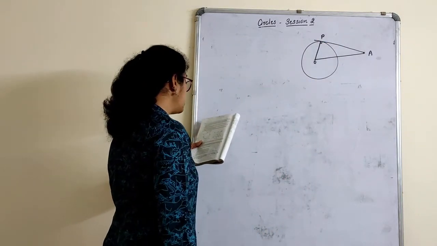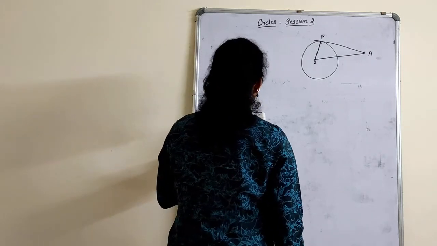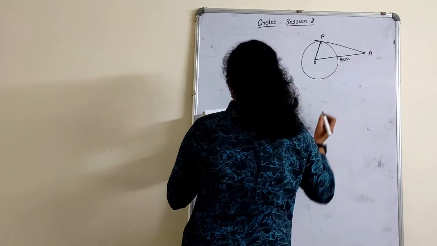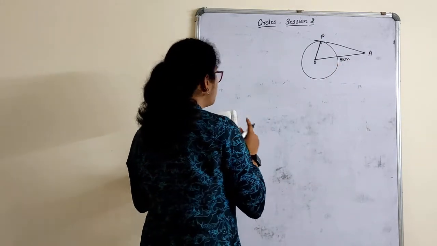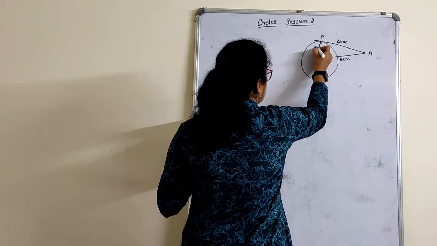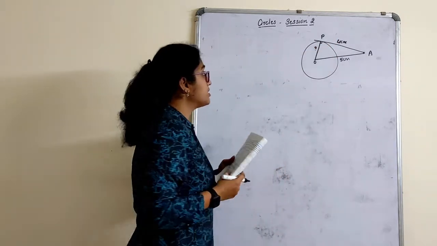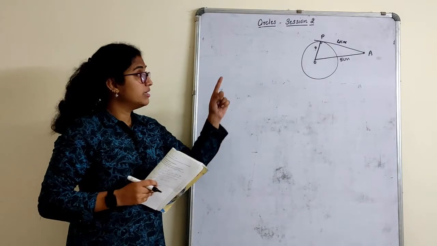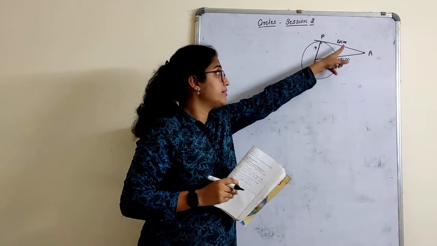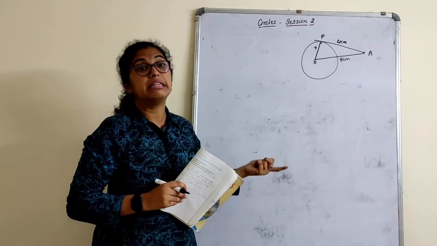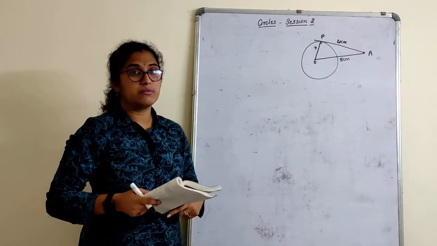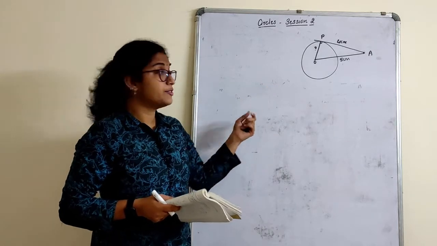The length of a tangent from a point A at a distance 5 cm from the center to a circle is 4 cm. Find the radius of the circle. I will be giving this homework. When I look at the figure, this is 90 degrees, so this is the hypotenuse, children. This is 4. What should this be? 3 cm. 3, 4, 5 is a Pythagorean triplet. You can expect such sums in MCQs. But still you have to solve it.